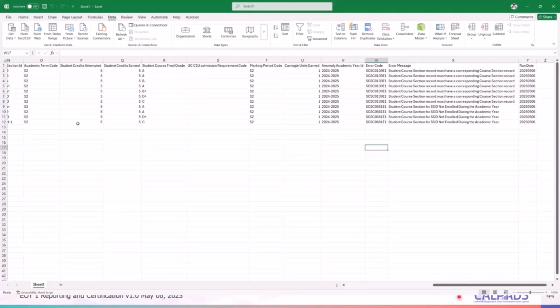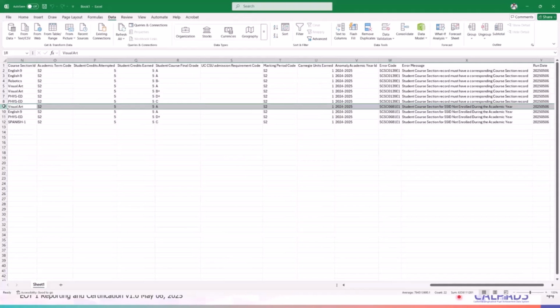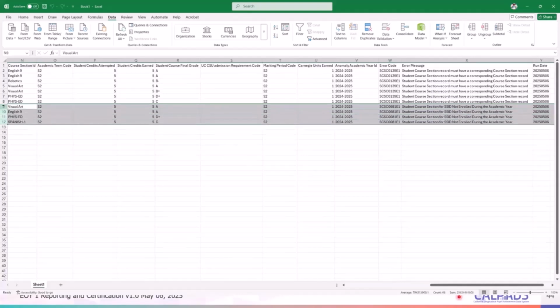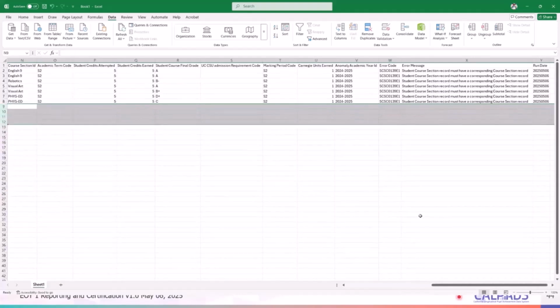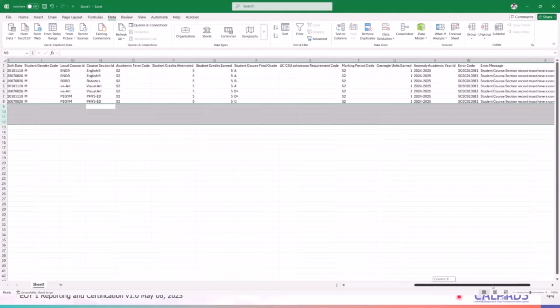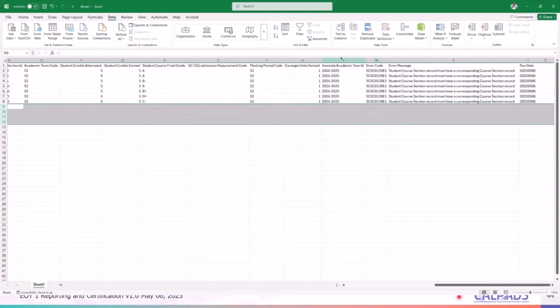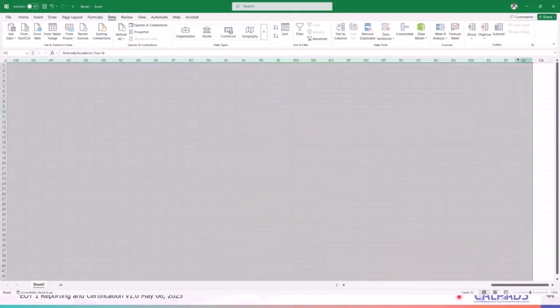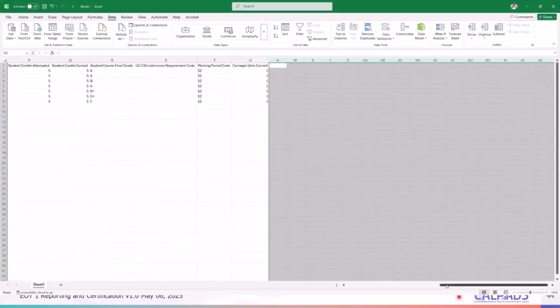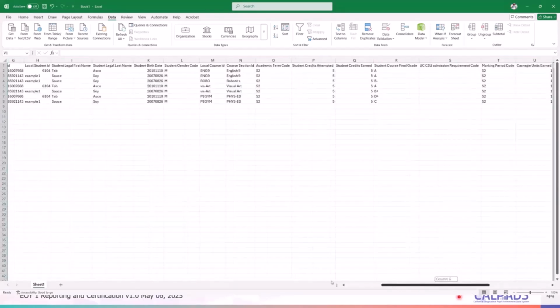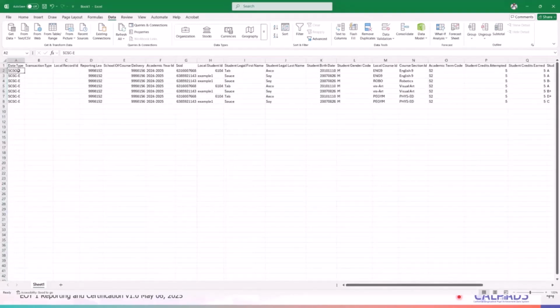So SCSC 139. So let's just delete this part here. So this is just for SCSC 139. I delete this part here. So the last column should be your SCSC Carnegie earned. And then your data would be SCSC.